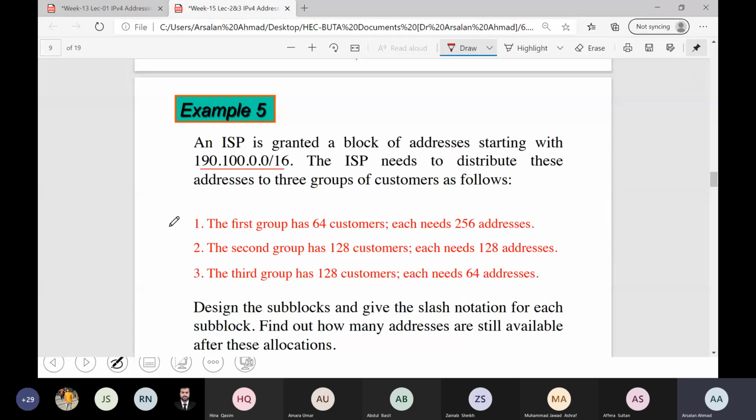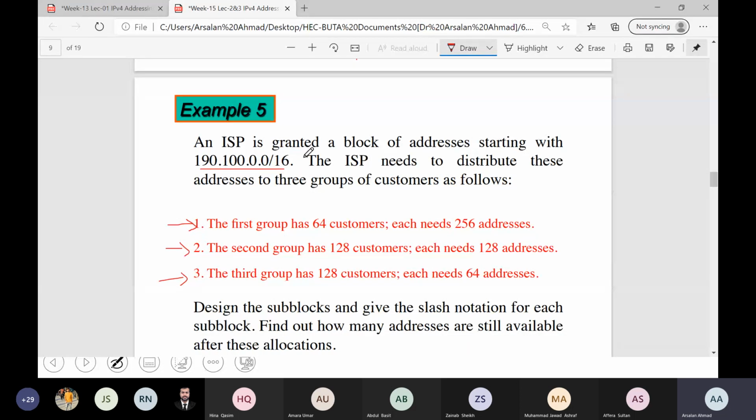You will allocate the addresses to the first group, then to the second group, and then to the third group. You will design the subnets, you will give the dotted slash notation of each subnet, and you will find how many addresses are left after the allocation. So this is the range